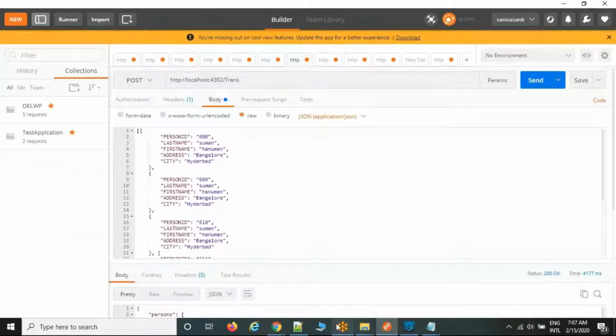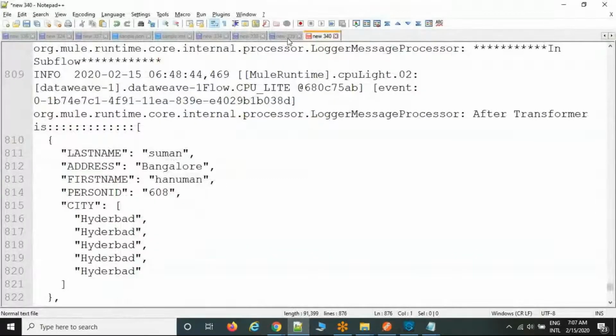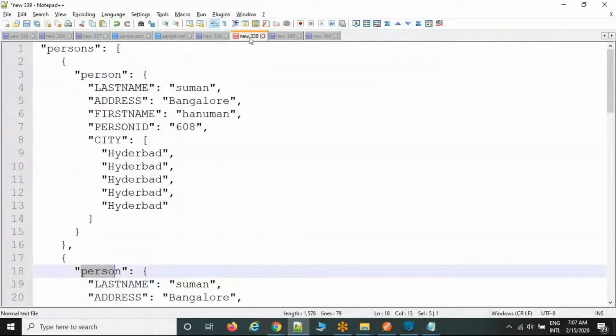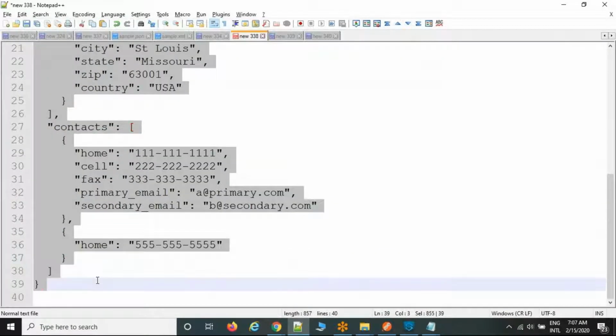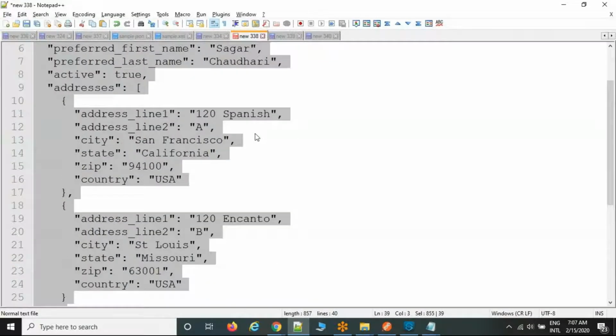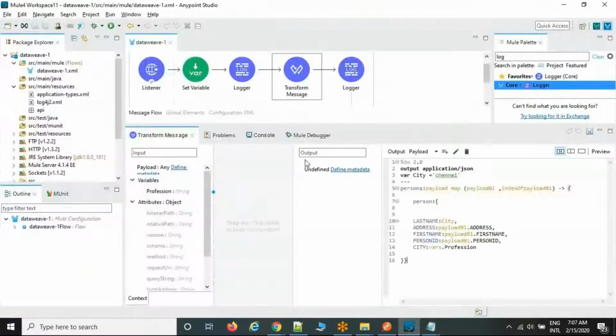Okay. Now I'm going to write another file as another DataWeave code. Example, this is my input file. Now my customer asked me to write the DataWeave code using this file. There is an option, a simple drag and drop that we discussed last week: import the input metadata, output metadata, and drag and drop, and the code gets generated. That is the basic one only. But initially, you should learn how to write the DataWeave code. That is very, very important.